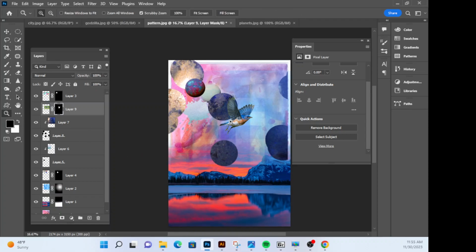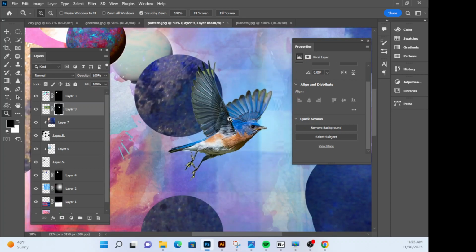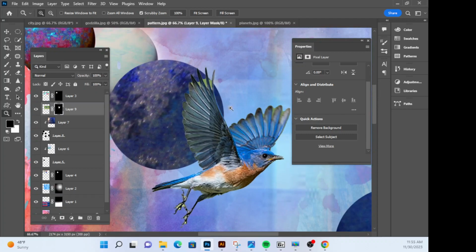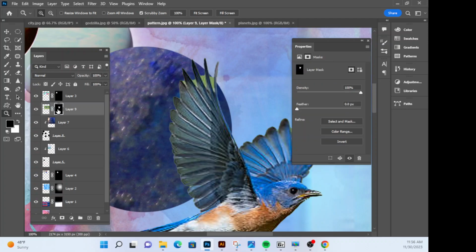All right, now that I showed you an easy trick, I'm going to show you a couple things about refining. Let's zoom in on our bird's feathers up here. I want you to notice how it did a pretty good job, but it kind of missed some things. It missed that green. You can still fine tune. So in my layers panel, as long as you click on the mask that's applied to that layer,